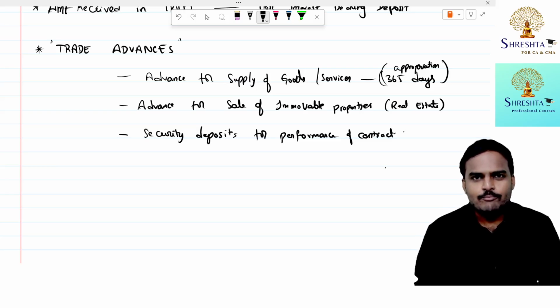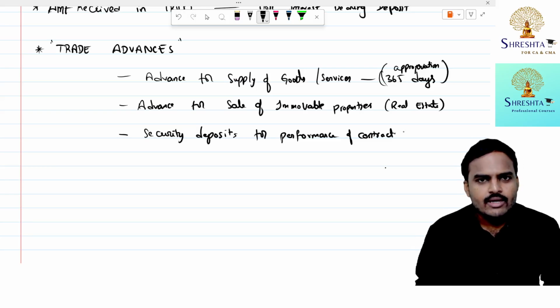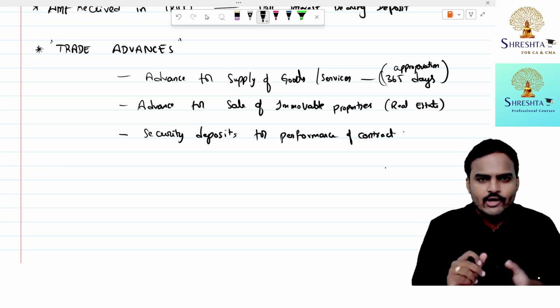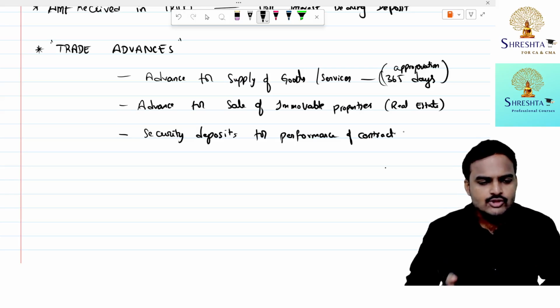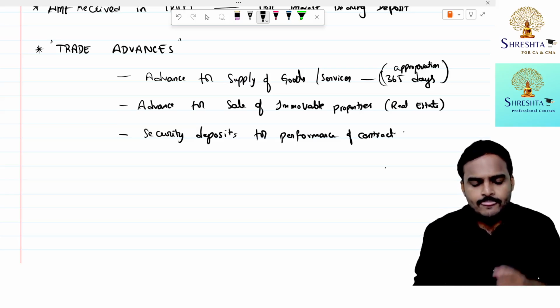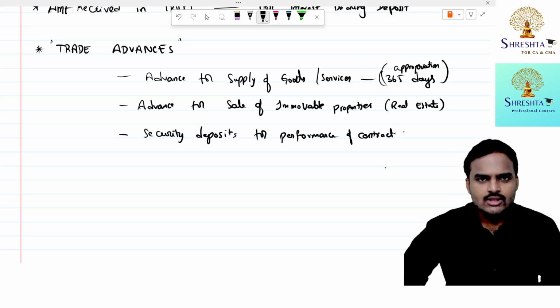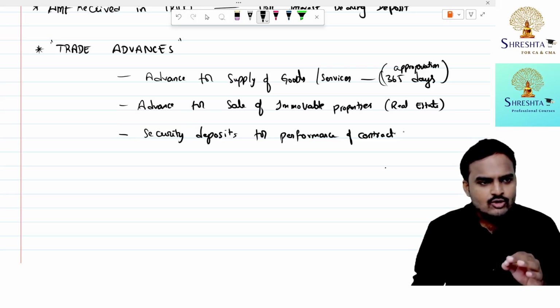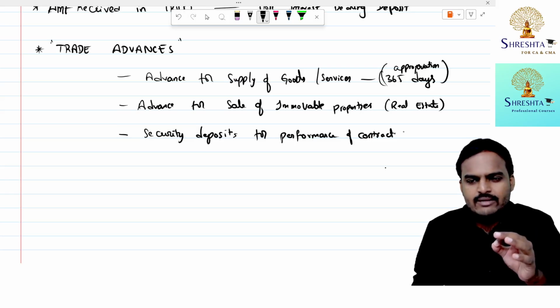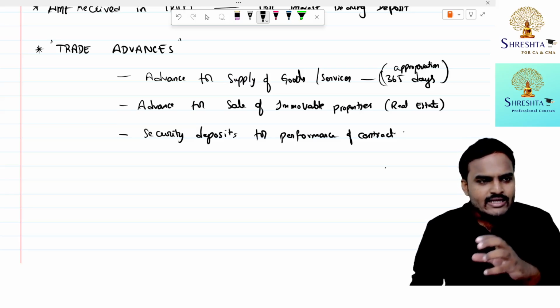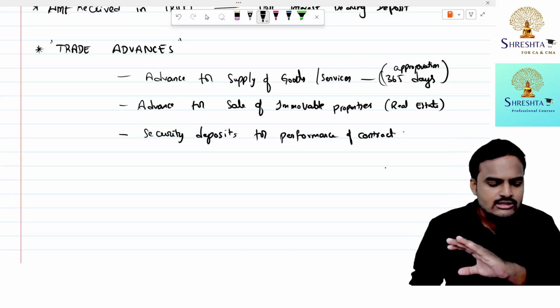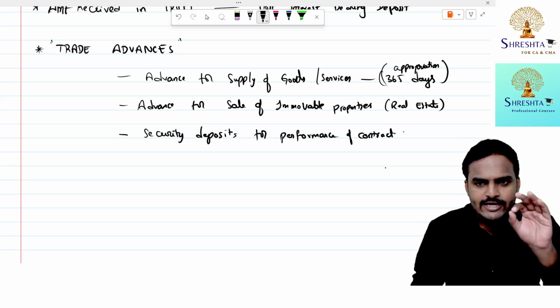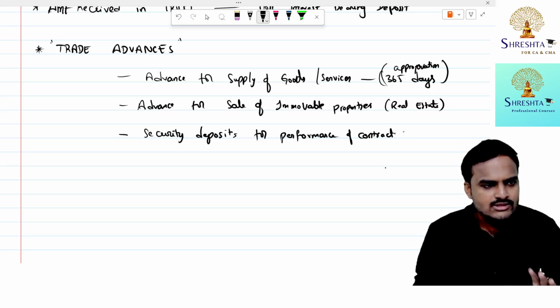Example, rental deposits. Do you remember rental deposits? If you want to take any property on rental basis, the owner may ask you to pay 3 months in advance or 6 months in advance. Understood? Suppose the owner is a company engaged in renting of immovable properties. Against that service, the company is asking you to pay a security deposit, advance money of 10 months rent. Now, the company receiving that security deposit, it is also not treated as a deposit. It is just a trade advance.